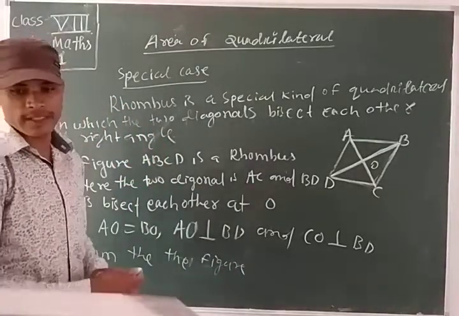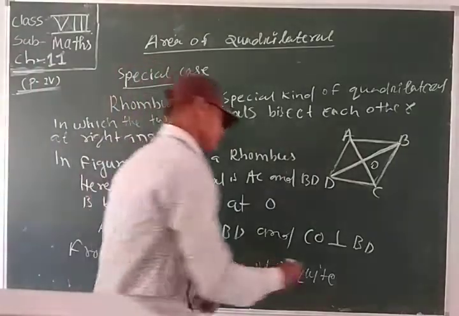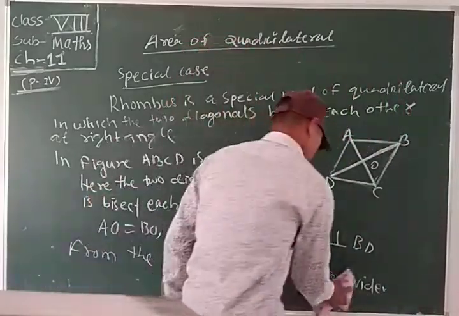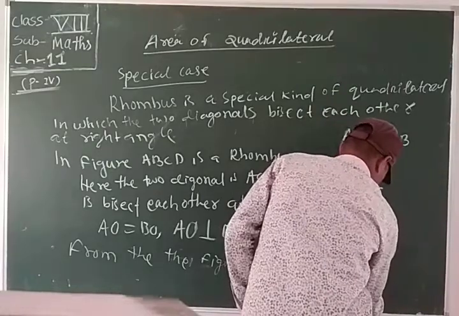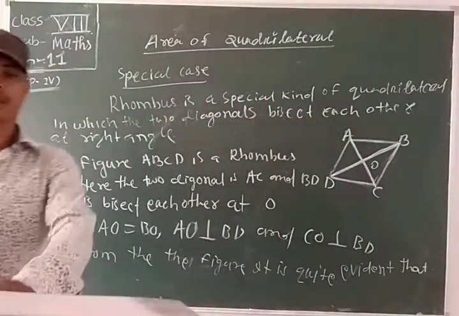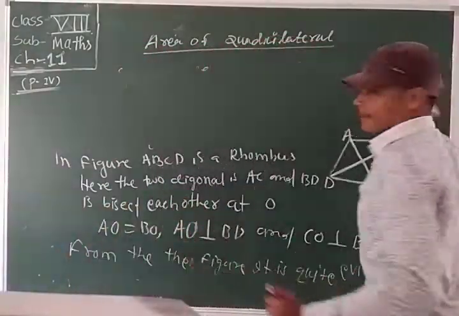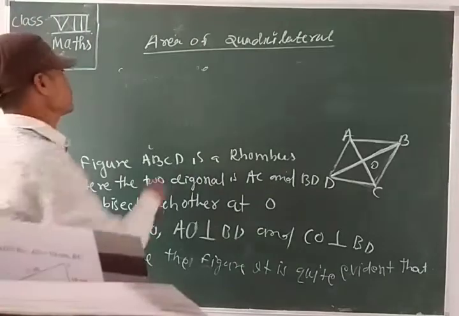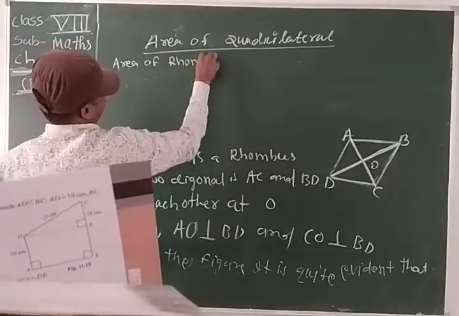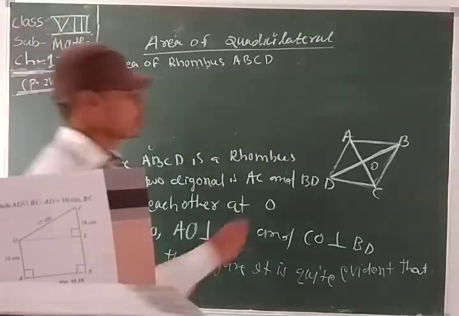Okay, I will use the above lines and do the others. Quite evident that area of rhombus ABCD